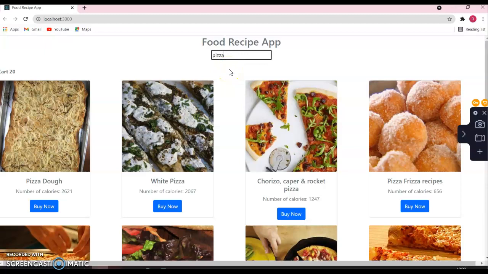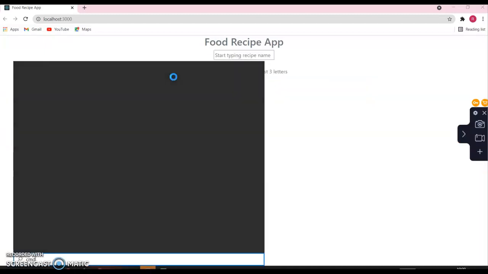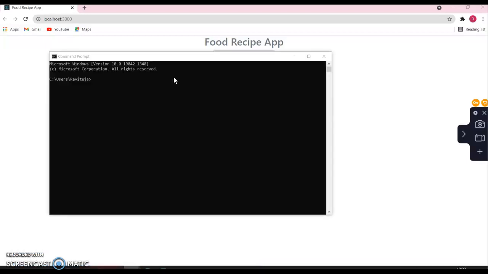So let's build this app together. For that, let me open my console. First, we need to create the React app, and for that, let me navigate to my folder called React apps, and here let's create a new app. I'm just making use of npm. You can use any other tool for creating a React app. I'm just using npm.